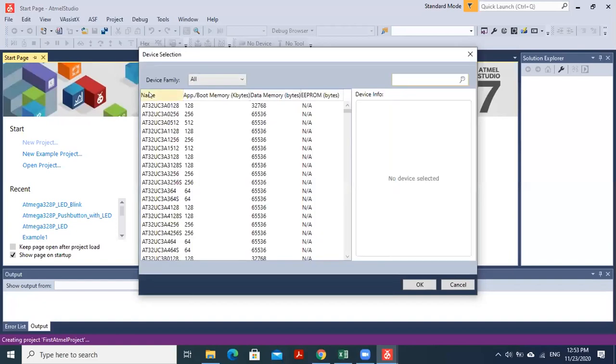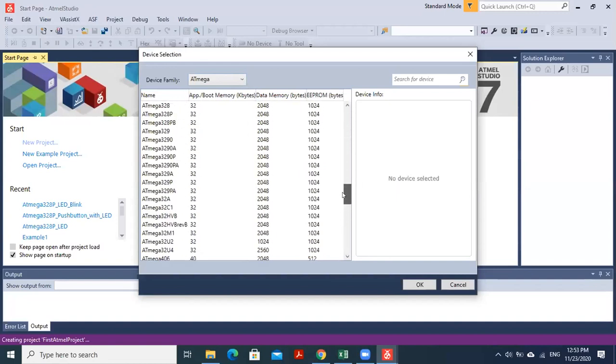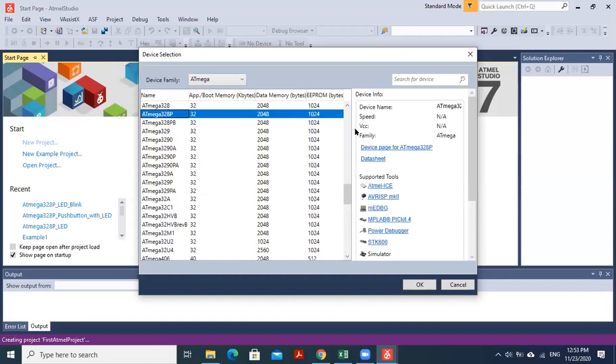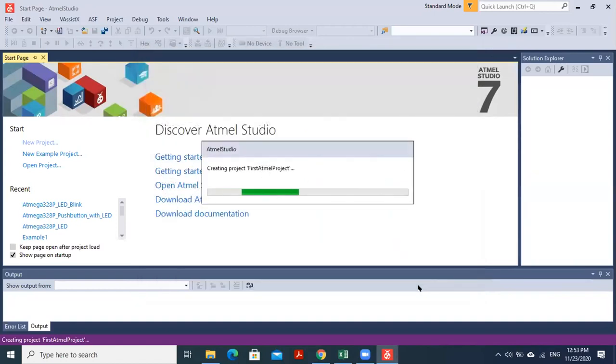selection of the microcontroller. So you select Atmega here, and then it will give a list of Atmega processors. So you have to select Atmega 328P, this one. And here you can find a list of debugging tools as well. Since we don't have any debugging tools, whatever the debugging we will do using our simulator. So you can use all these debugging tools if you want to do on-chip debugging. I will talk about it later. Okay, and then it will load all the tool chains required.